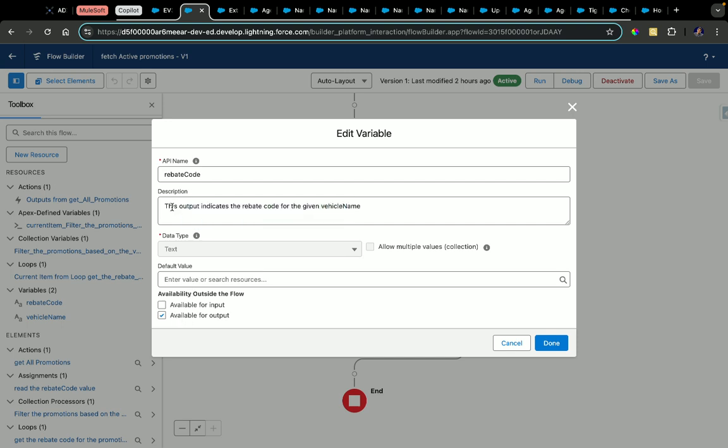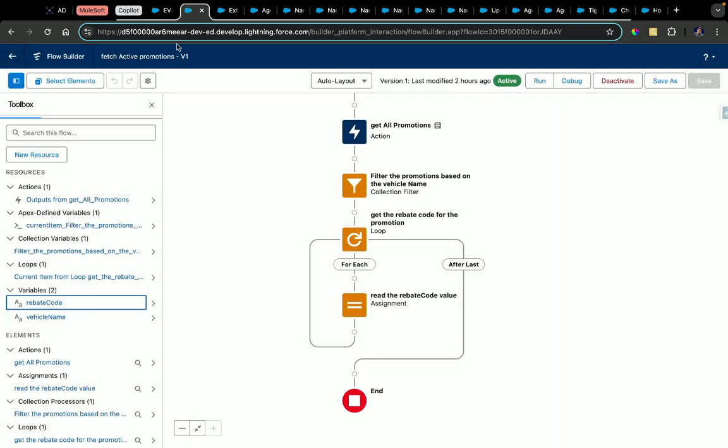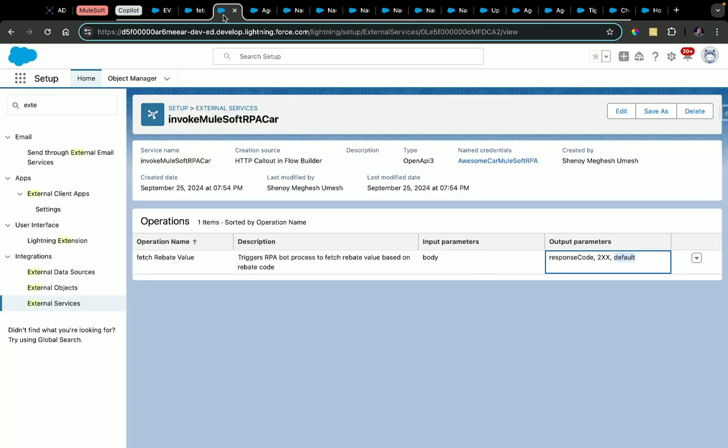And here, you see, we have also added a description. This output indicates the rebate code for the given vehicle name. And I'll tell you in the next few seconds why it's important to have descriptions present in your variables, in your flows as well. So I set available for output over here. And now I will go to my other processes that we have. I'll click on flow,